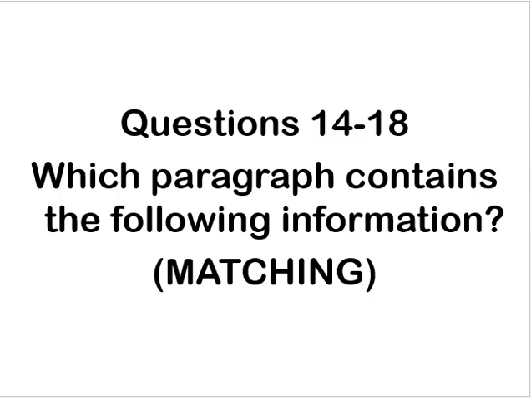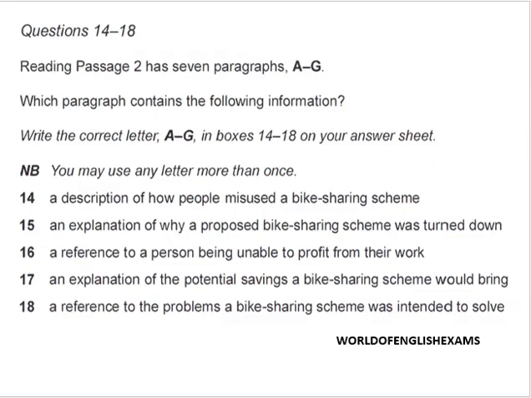So let's get started with identifying this question type. This is what you will see when you're solving Cambridge 14 IELTS Academic Test 1 Part 2. You can see that the instructions clearly tell us which paragraph contains the following information. And here you will notice a special instruction called NB. What does it say? NB is a special instruction called nota bene, and it means you can use any letter more than once. Can you see that you need to write the answer in the form of a letter A to G,